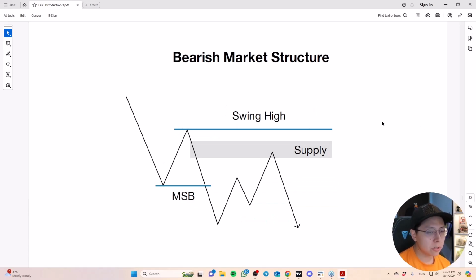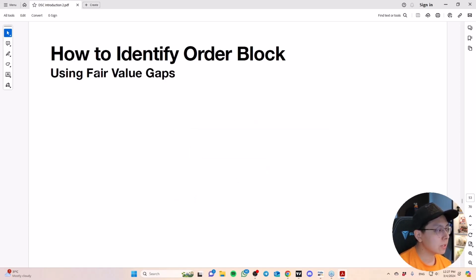So the details here are to first understand how we identify our order block, how we identify supply and demand. The first thing to understand is FVG, which we call fair value gaps. Now, the concept of fair value gaps: if you're familiar with the US equities market, they are not 24 hours, so there are quite a bit of gaps that you're going to see from day to day in the US equity market. Those gaps are essentially what we call fair value gaps.